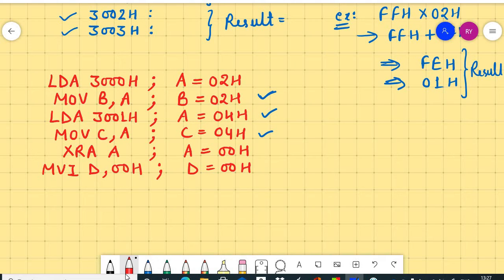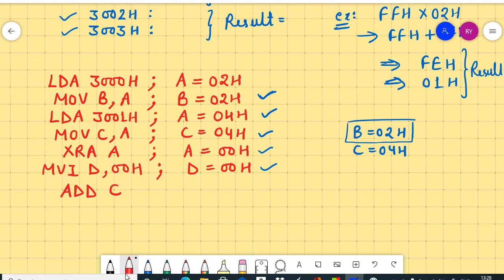Then the next step is to add the numbers. In this example, register B stores 02H, register C stores 04H, and the accumulator and register D are cleared to 00. So 02 in register B we can use as a counter, and 04H is added to the accumulator. Got it, that point? Okay, then write the instruction ADD